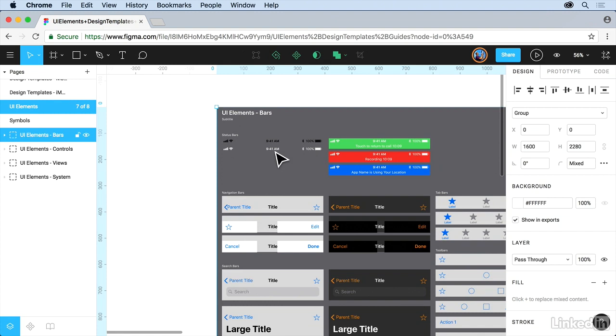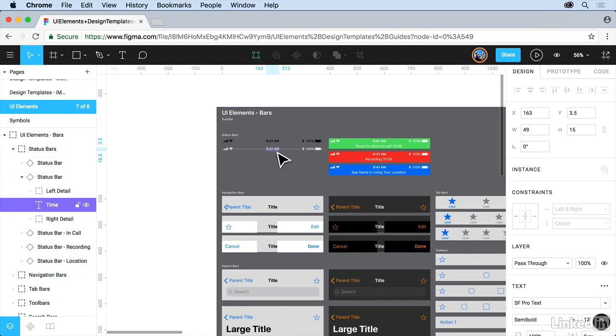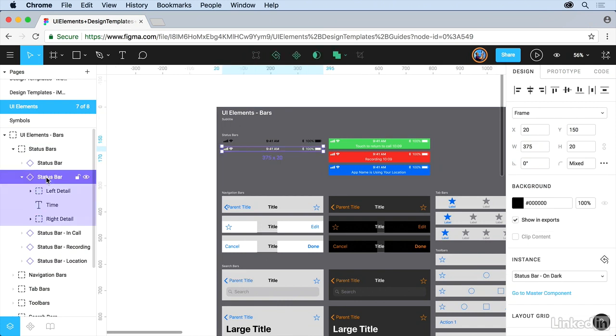Now, a fast way to select inside of Figma, you can hold down the command key on Mac or control key on Windows and click on an object, and it selects it within. You're going to notice that it's part of a group of objects here. So on the left in the layers, click on status bar, and we're just going to copy that. You can command C on Mac, control C on Windows,